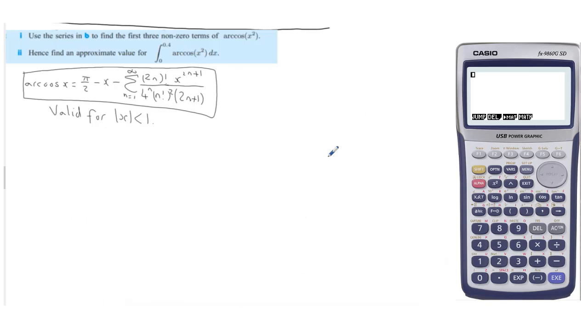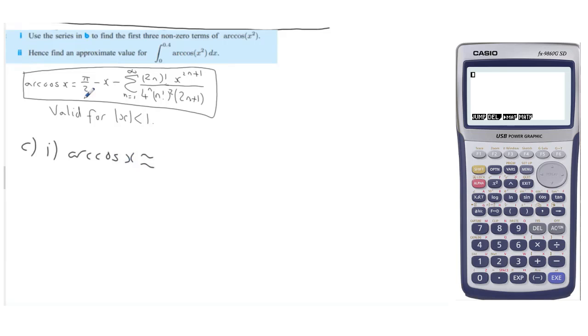Okay, so just put this here for easy reading. We know that arc cos x equals pi by 2 minus x minus the sum from n equals 1 to infinity of all of these complicated terms. We only need the first three terms. So if I write out the first three non-zero terms of arc cos x, actually the first three terms are all non-zero. So this is part C1. Arc cos x, if it's only the first three terms, I'll say it's approximately equal to,